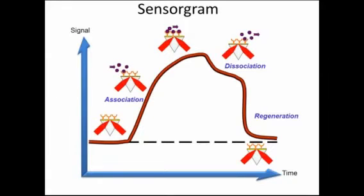The resonance conditions are influenced by the material adsorbed onto the thin metal film. There's a satisfactory linear relationship between the resonance energy and the mass concentration of the biochemically relevant molecules, such as proteins, sugars, and DNA. The SPR signal, which is expressed in resonance units, is therefore a measure of mass concentration at the sensor chip